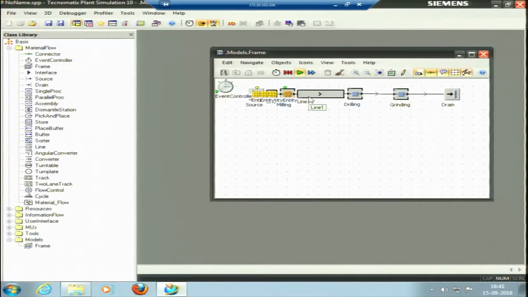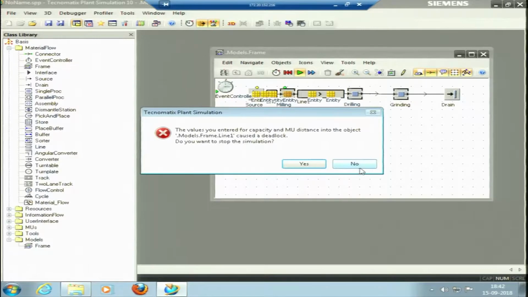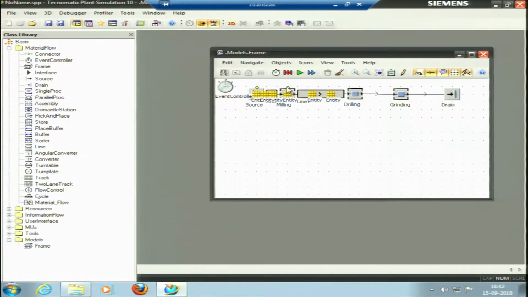So this is the capability of this software. Now the processing is happening. The green color here means, yeah, you can see the dots here. This is yellow dot, this is green dot. Green color means processing is happening, and yellow color means it is being blocked. Blocked means that the successive process is doing something.